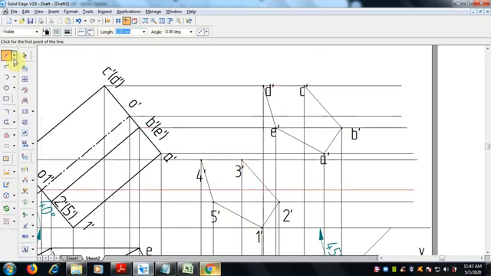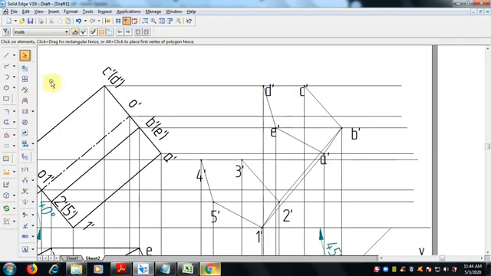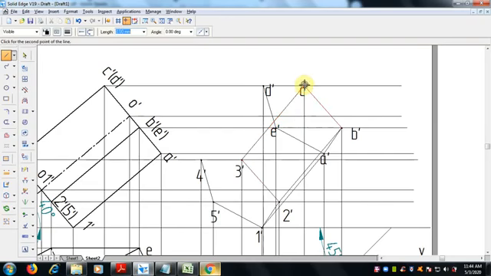If you still have confusion, you can join 1 to A, 2 to B, 3 to C, 4 to D, and 5 to E, the bottom base to the top corners. Let me hold it, I'll tell.